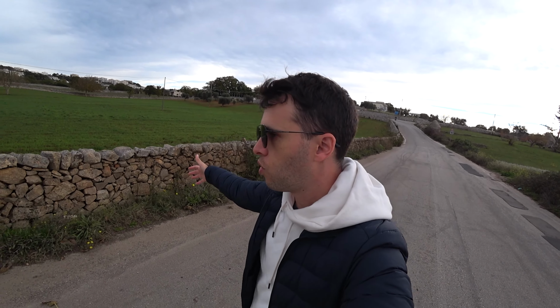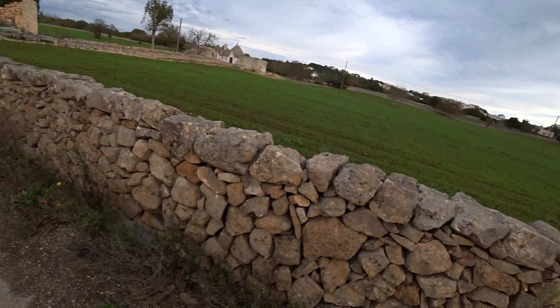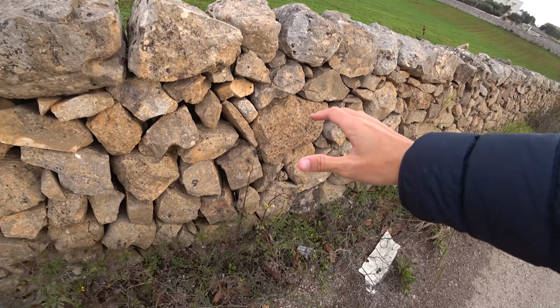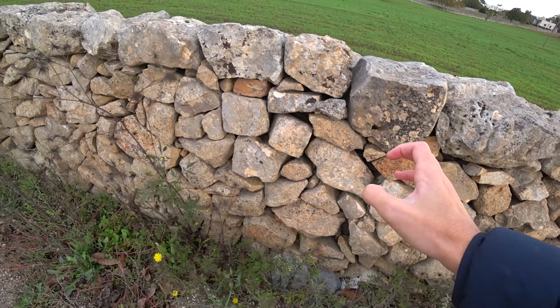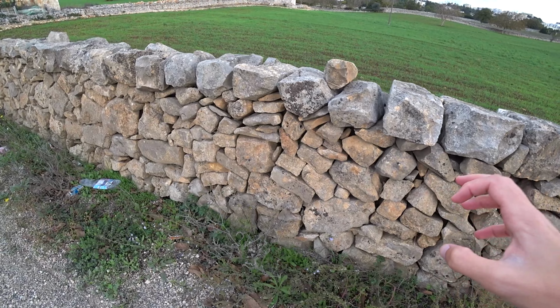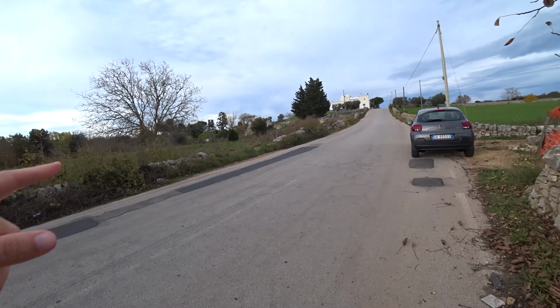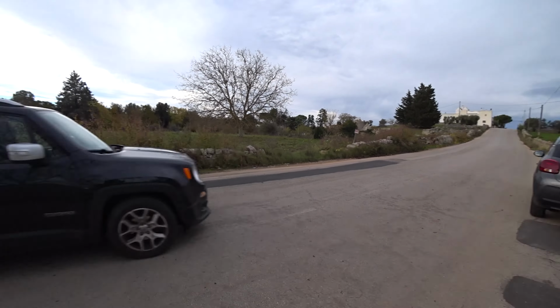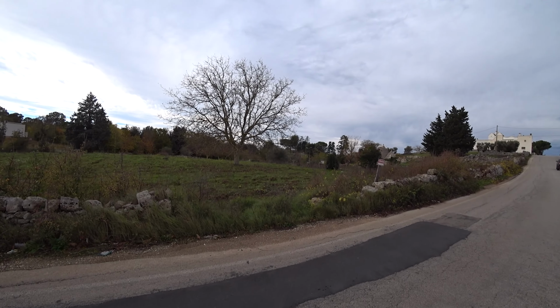And those fences, by the way, those stone walls that you see all around Puglia, some of them are really old. And they're unique. Can you see? They have nothing. Like, there's no material inside. It's just rocks upon rocks upon rocks. There's nothing much holding them together except for their own weight. And by the way, this lot here is for sale. So if you want to own your own beautiful lot in Puglia,